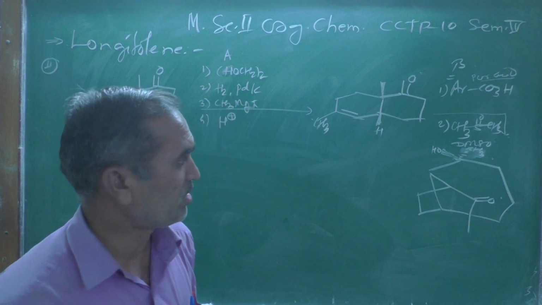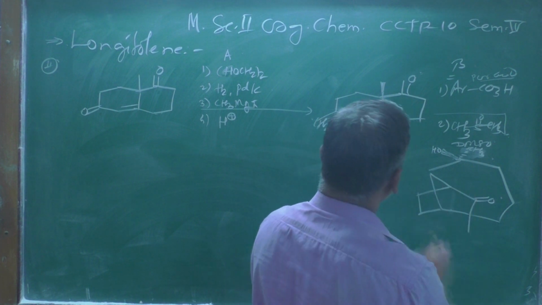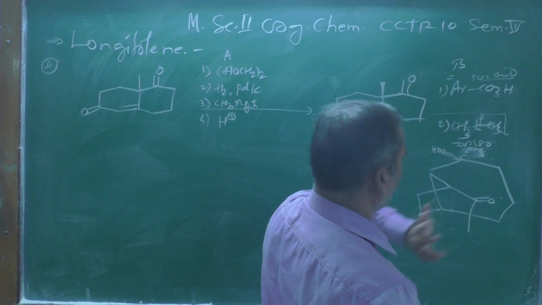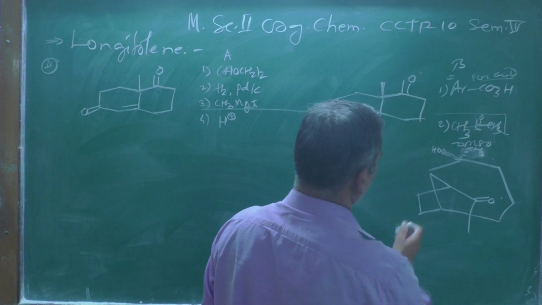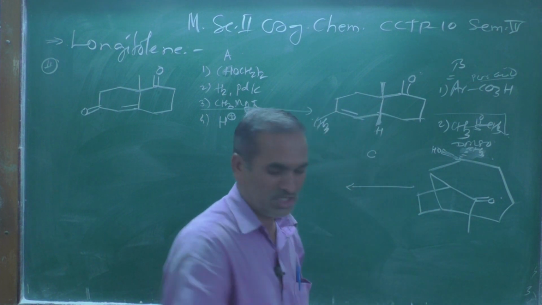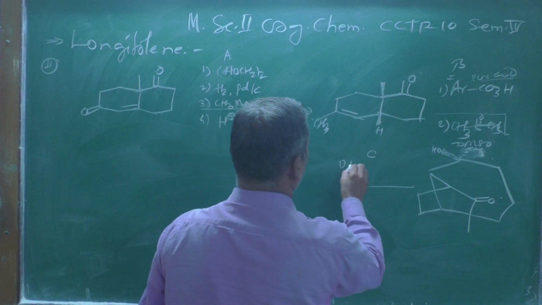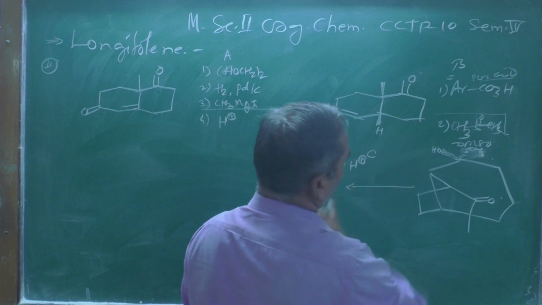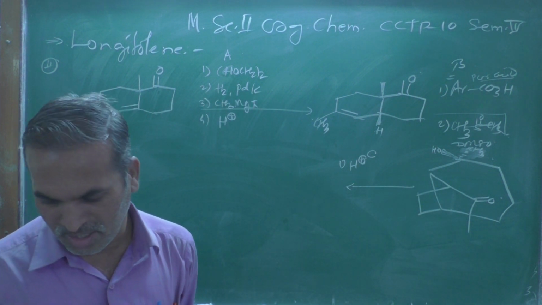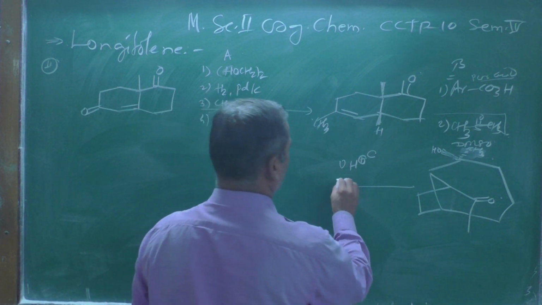And now, this is the compound which we got from this. By adding these reagents suitably, we got this tricyclic ring, and now this compound is further treated with the C reagent. What are those C reagents? Let's see. First one is H plus. What will it do? It will remove the water molecule from the starting material, and the second one is this one